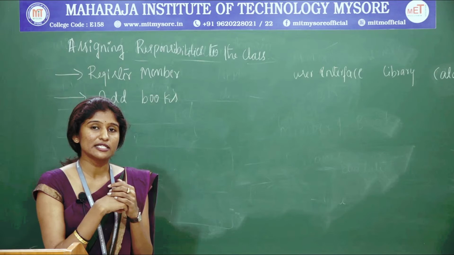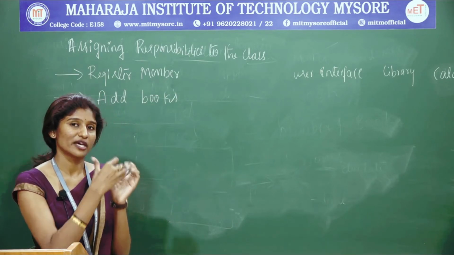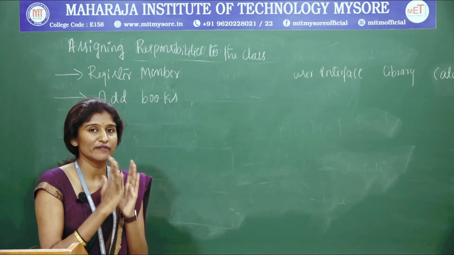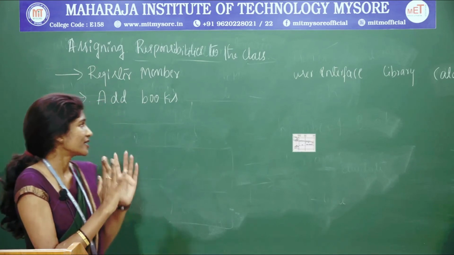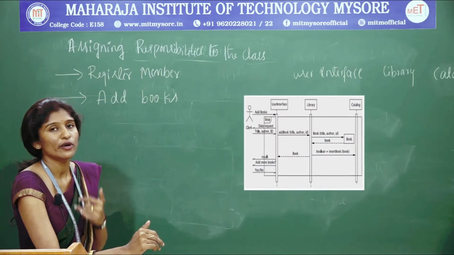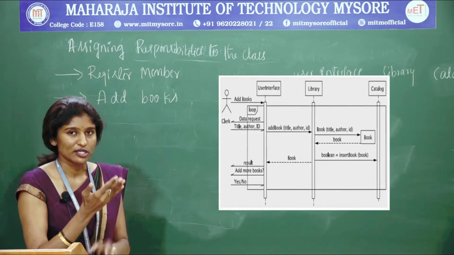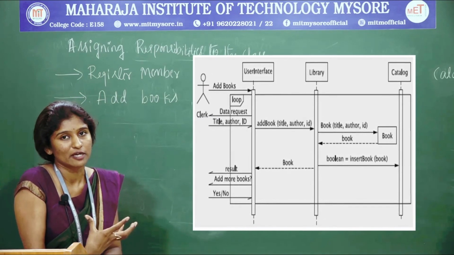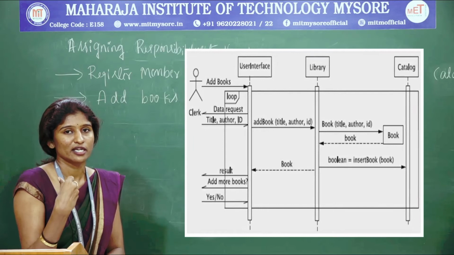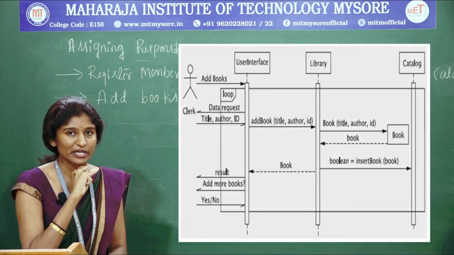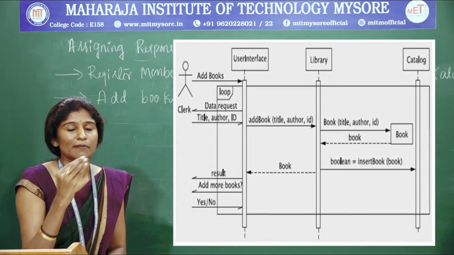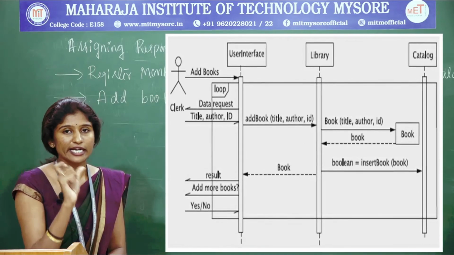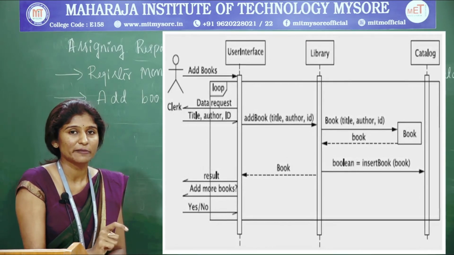After printing those details, he is going to add the received books to the library system, the library catalog. Now the clerk is going to give a requisition to the system for a user interface. After the requisition, the system is going to ask for the details of the book, what you need to enter into the system. The clerk is going to provide those details, for example, the name of the book, the title, the author, the ISBN number, the unique ID of that book.